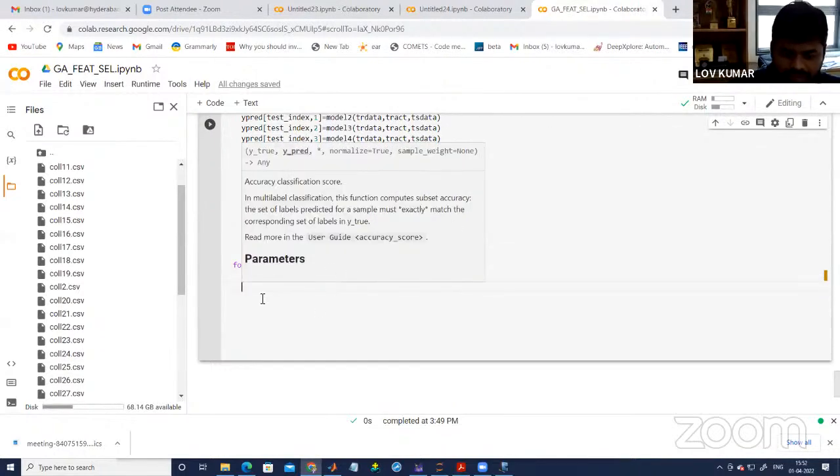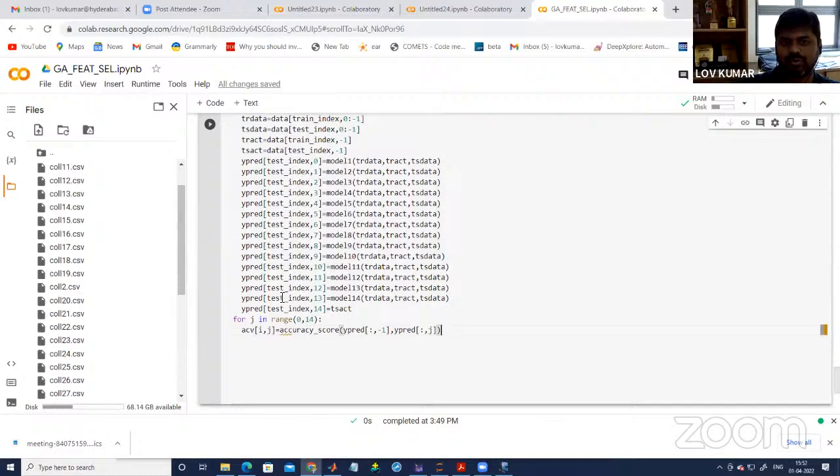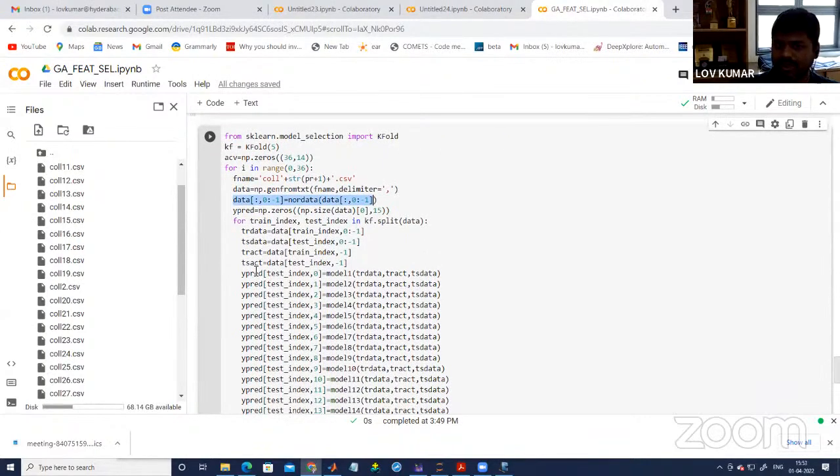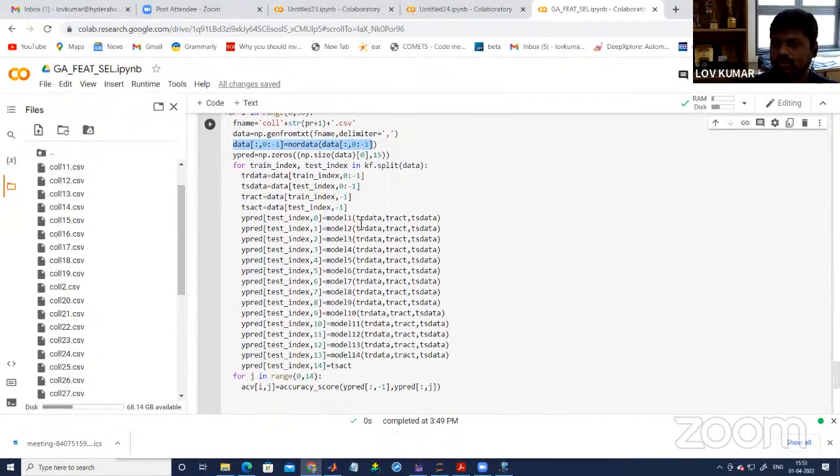So now we are also calculating the accuracy value for all the techniques. So what we are writing here, first we are going for the project number 1. We are reading the data. After that we are normalizing the data. After normalizing, we are calculating what is the predicted value using the cross validation technique. So what is the predicted value for this testing data, and we are storing in our variable called y predict,